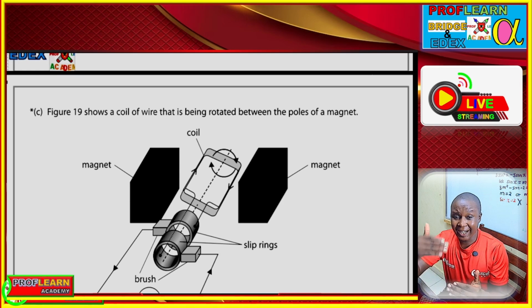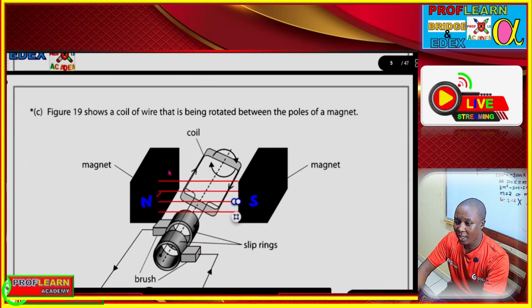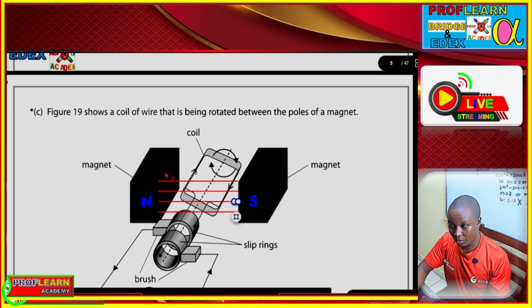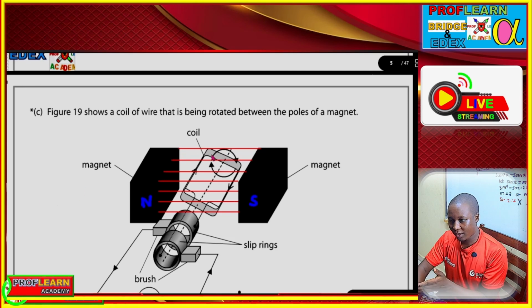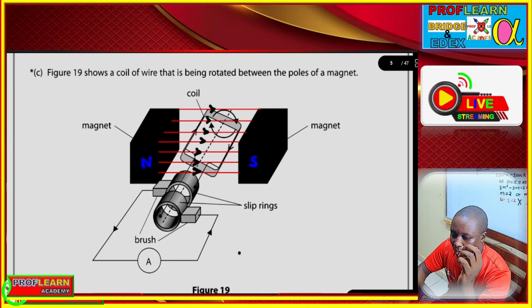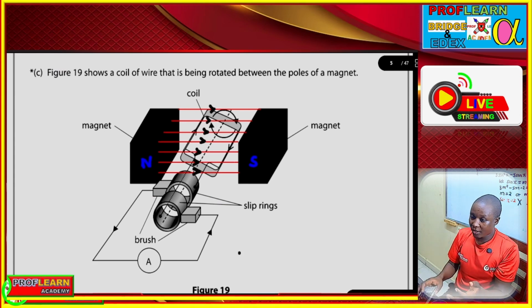So what we need to understand as far as this concept is concerned is that when a conductor cuts through a magnetic field, because in this part here we need to appreciate that we have two magnets. We have the North Pole and also the South Pole, and then we have the magnetic fields which are pointing from the north to the south. These fields are pointing from the north to the south. So we also need to appreciate that when the conductor cuts through the magnetic field, because this coil is going to rotate within the magnetic field,